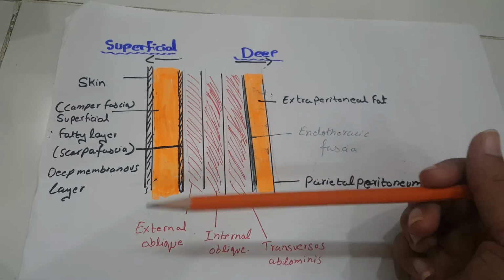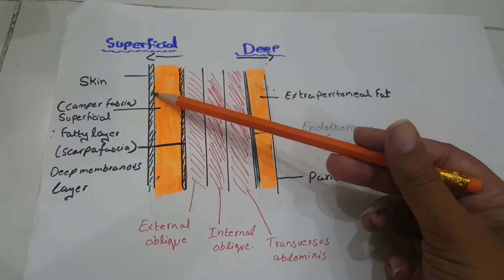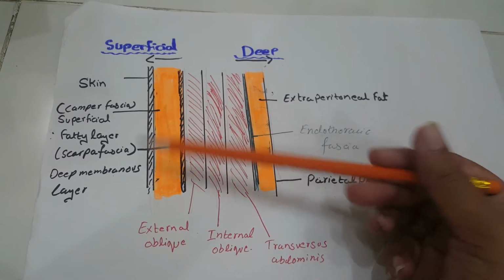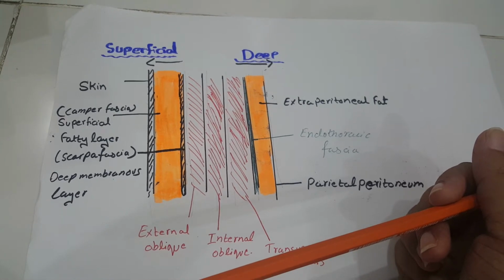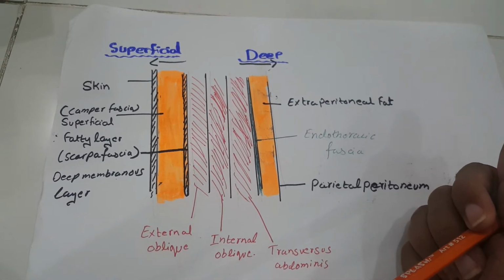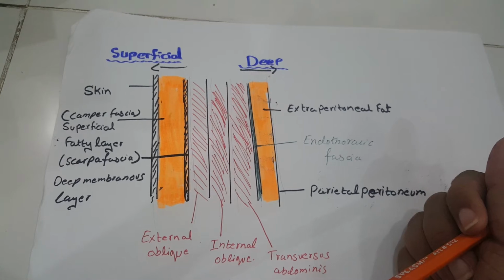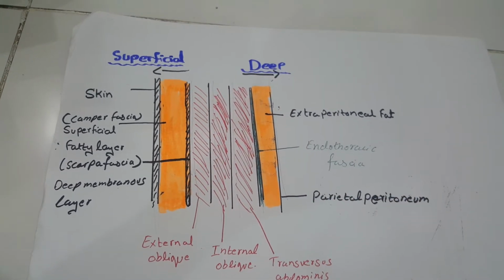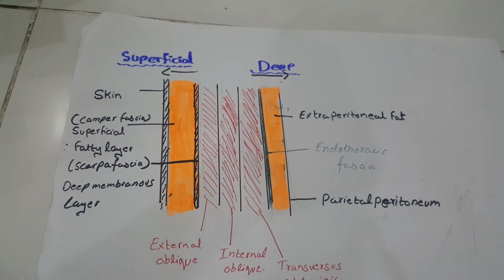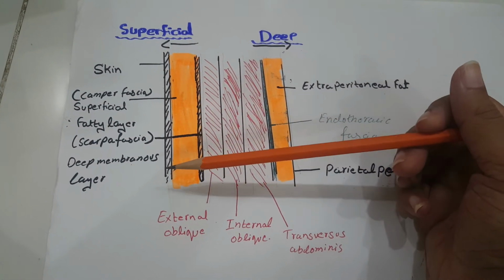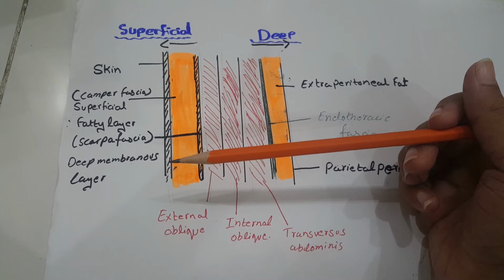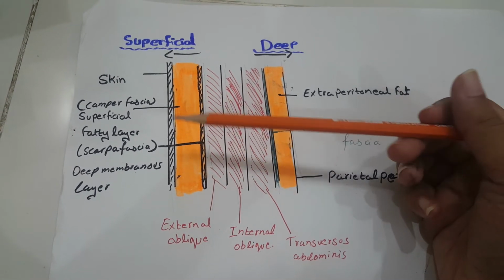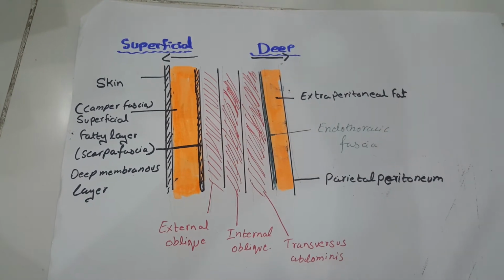First of all, the outermost layer of the abdomen is skin. Skin can be stretched in pregnancy as a result of accumulation of fat, and whitish streaks can also appear in the skin of the abdomen, and this condition is called linea albicans. Abdominal skin also contains the umbilicus, which is present at the level of the disc between L3 and L4.